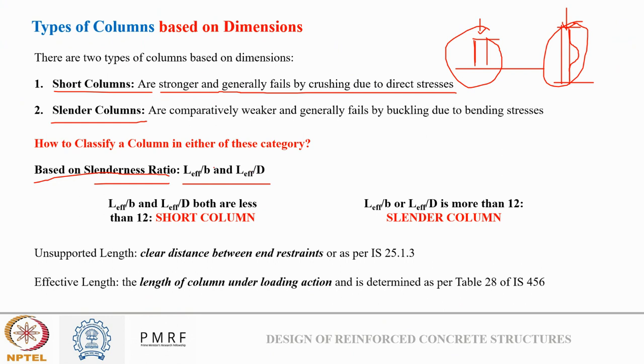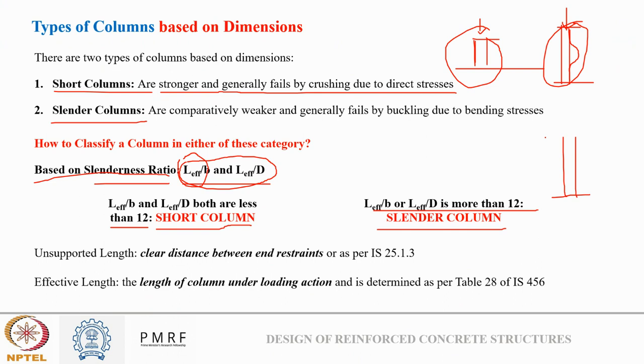Okay, so if the ratio of effective length to the lateral dimension is less than 12, then we say it is a short column, and if the ratio is more than 12, we say it is a slender column or a long column. Now, what is this L effective? Okay, so if we see a column like this,